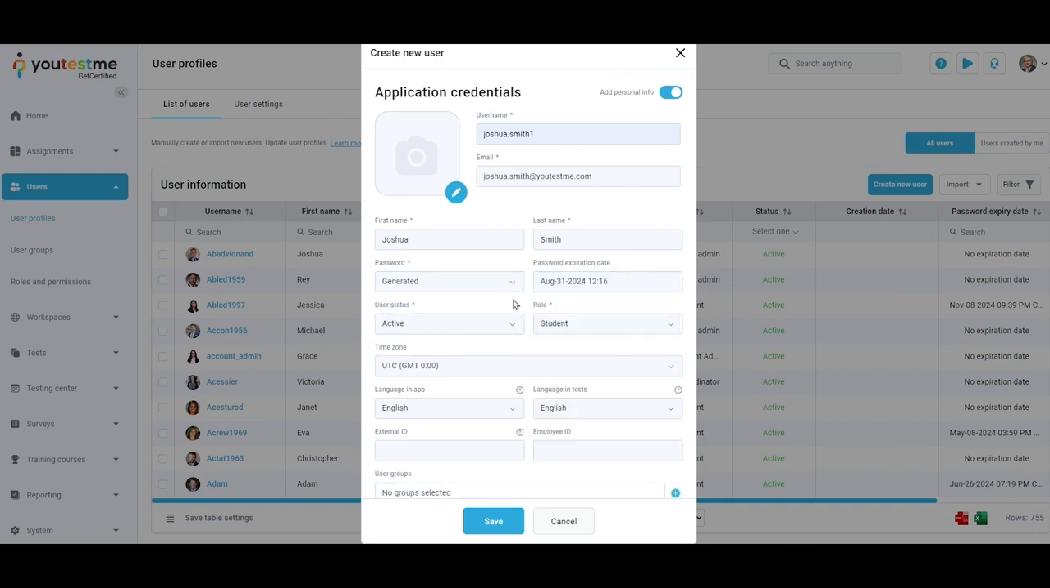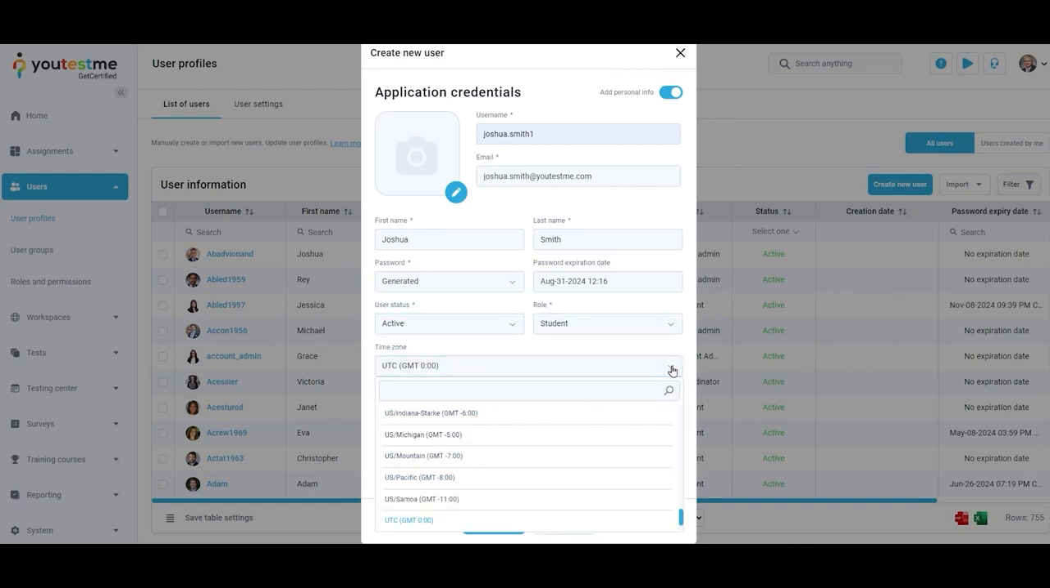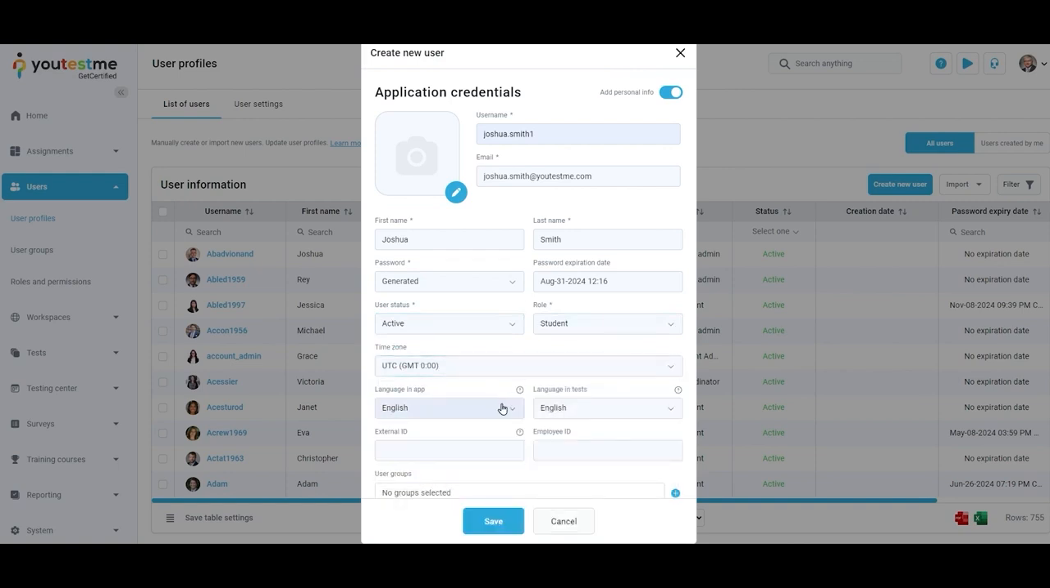Set the user's account status. Set the role the user will be granted. Set the time zone in which the data containing the date and time will be displayed. Set the language in app. Determines the application interface's language. Set the language in tests, the default language for displaying questions and answers in tests, if defined during the question